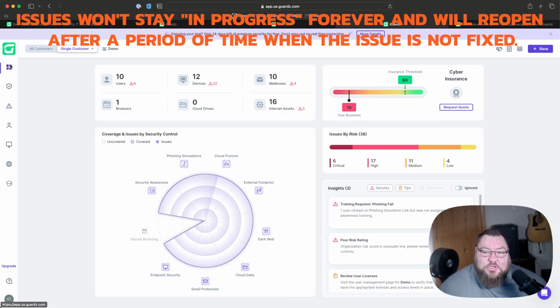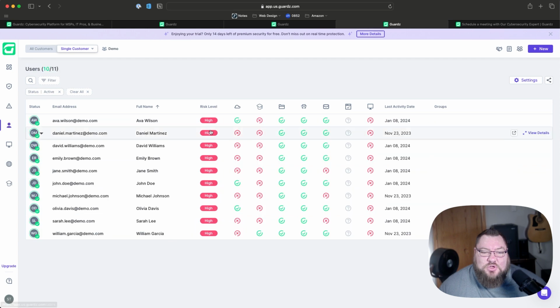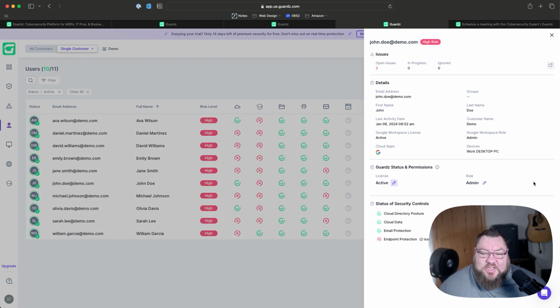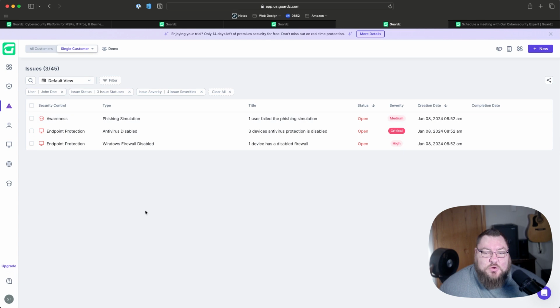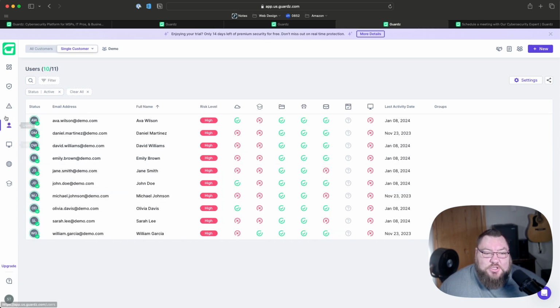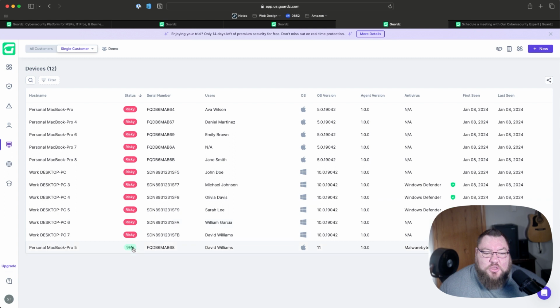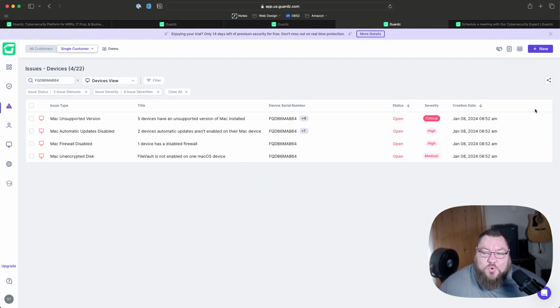Let's set up the customer together. Now that we've kind of gone through everything here, I didn't go through users. Users shows you all the users, and if you were to hit view details on one of these users, you can change their license or role, and then it'll show you open issues. So if you click on this, it'll show you just the issues for that user, which is pretty helpful. So that's the users page, and then there's the devices page. This shows you all of the endpoints or servers that you have deployed Guardz to. And again, you can click on one of these devices,